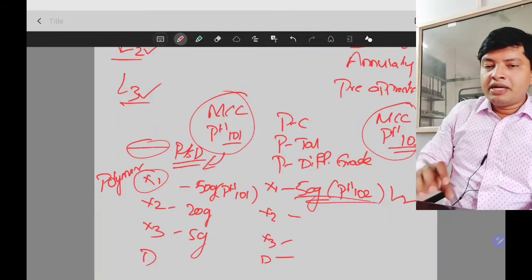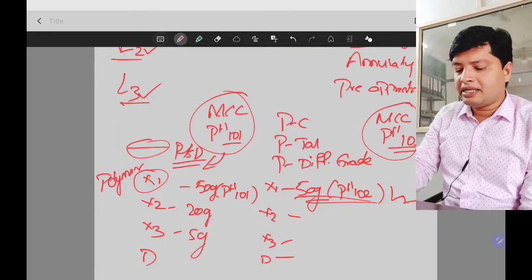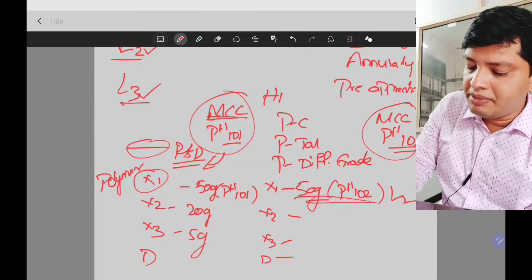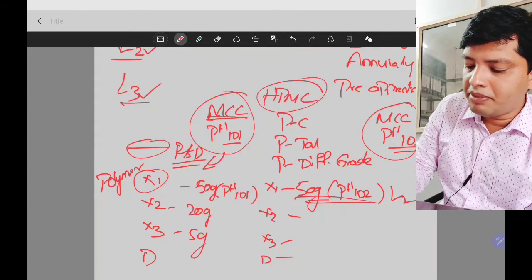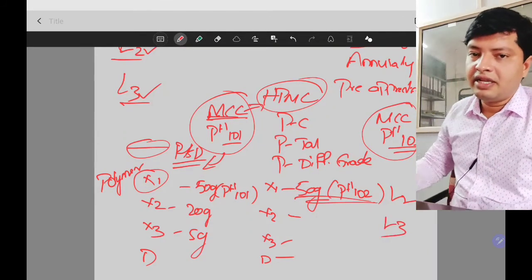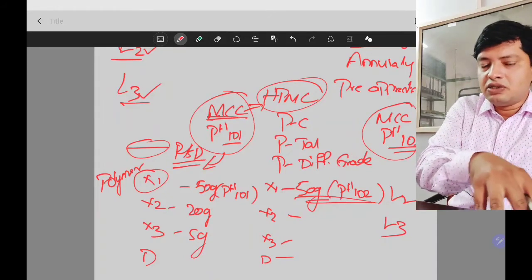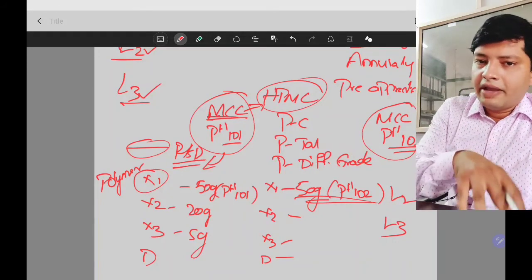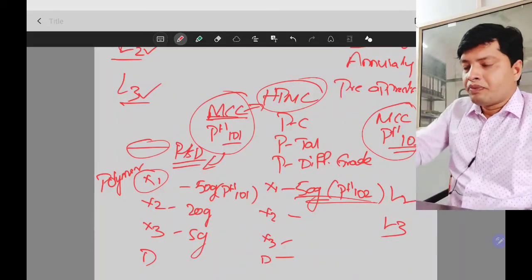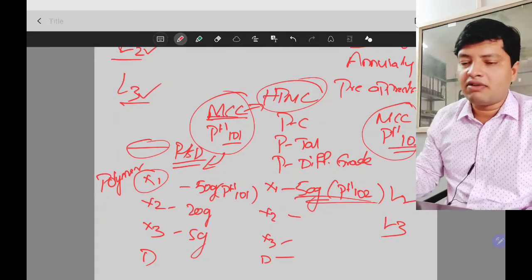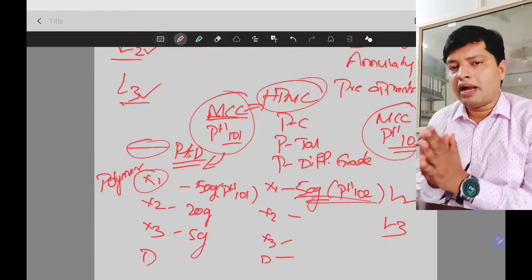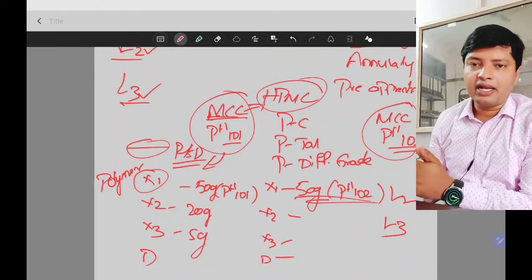If the polymer itself is changed, let's say in the second case the polymer itself is changed. Now what happens, instead of using MCC I am using HPMC polymer. So the polymer is totally changed. In that case we consider that change as level 3, and I need to perform the tests, that is dissolution and stability test. Everything is given in the SUPAC guidelines, how to perform the dissolution also, and I also need to file pre-approved filing as well as annual filing for the level 3 change. So that is what the SUPAC guidelines are.